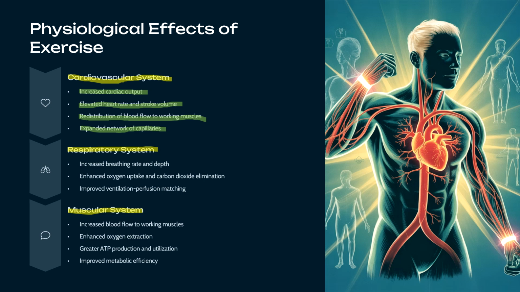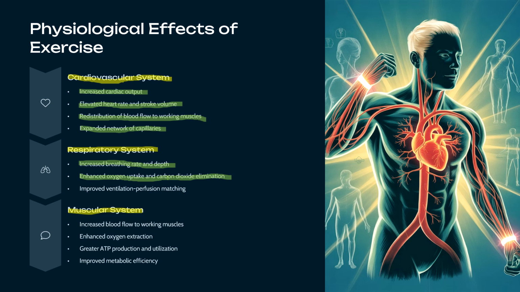Now coming to the respiratory system, number 1, increased breathing rate and depth. Normal breathing rate is 12 to 13 breaths per minute. It increases up to 21 to 25 breaths per minute. Next, enhanced oxygen uptake and carbon dioxide elimination, because in each and every working muscle there is an increased demand for